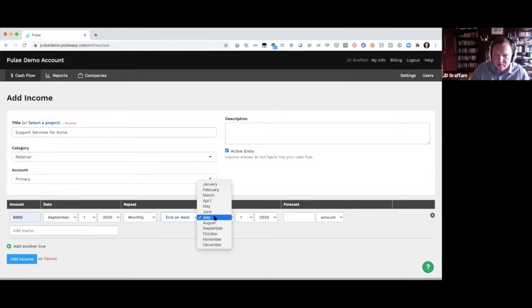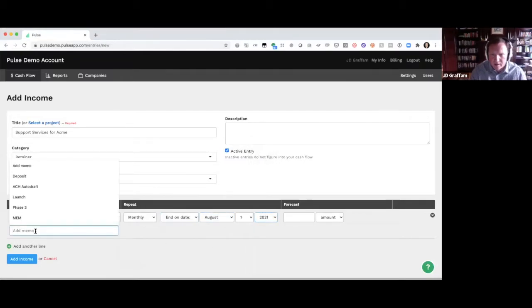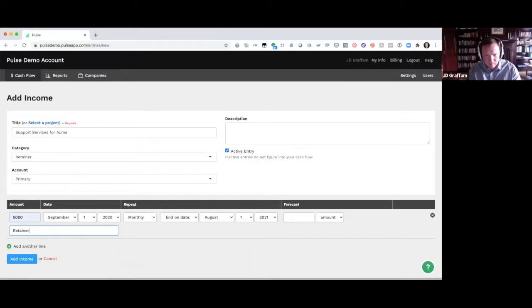Let's just say 12 months later. So August 1st, 2021. And you can just put a note for yourself describing what it is and then save that. You could also add a description up here, but